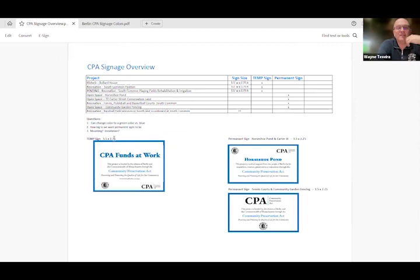So I just tried to look at, based on what was on the back of the flyer, the projects that make sense to have a sign put on them. So which ones would be temporary, which ones would be a permanent sign. I figured the temporary sign would probably be a large sign. And we can get the input from the